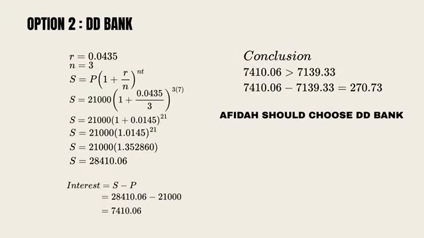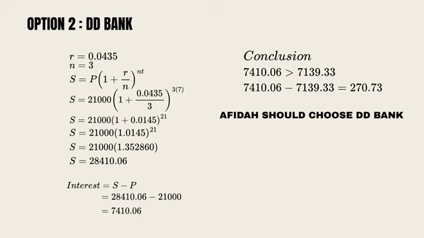For DD Bank, the annual interest rate is 4.35%, so R equals 0.0435, M equals 3. Step 1, S equals 21,000 [1 plus 0.0435 per 3] to the power of 3 times 7. Step 2, S equals 21,000 [1.0145] to the power of 21. Step 3, S equals 21,000 [1.352985]. Step 4, multiply the value, S equals